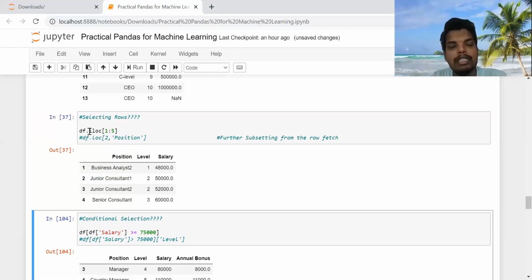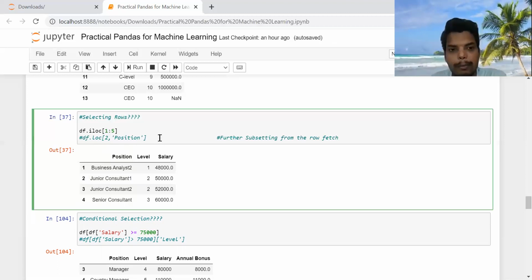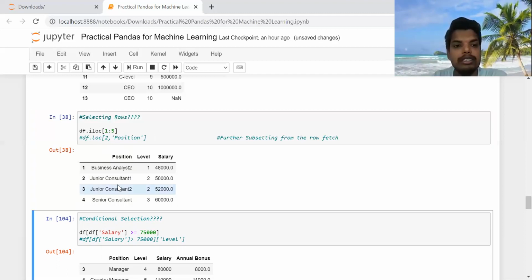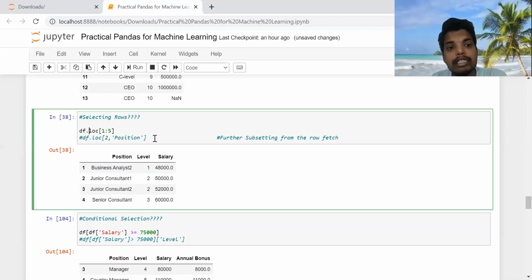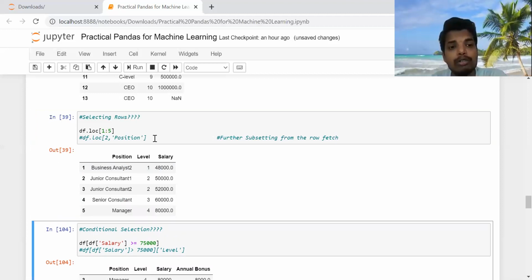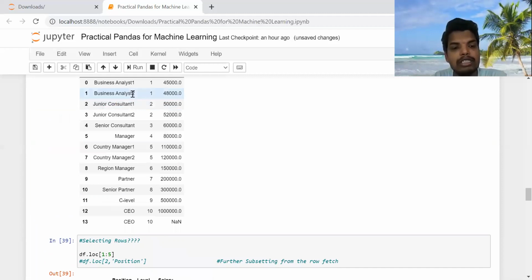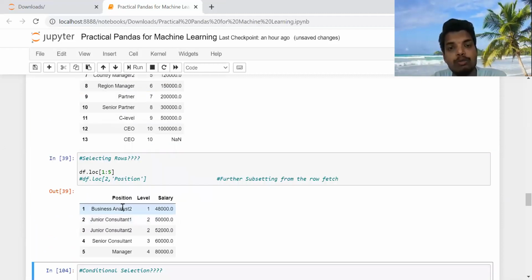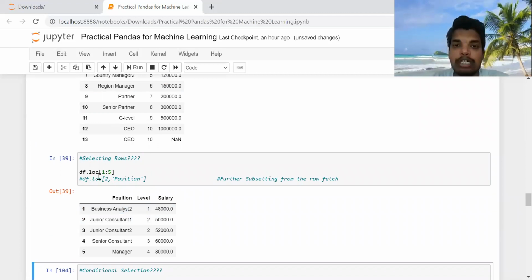With iloc, it will assume that you are mentioning the indexes, and it has shown you only the first to 4th rows, the fifth is not included. And if you just mention df.loc, then it will consider the rows. The first row would be starting from business analyst 2. So business analyst 2 will be the first row for this method. So this was one way to fetch a particular set of rows.